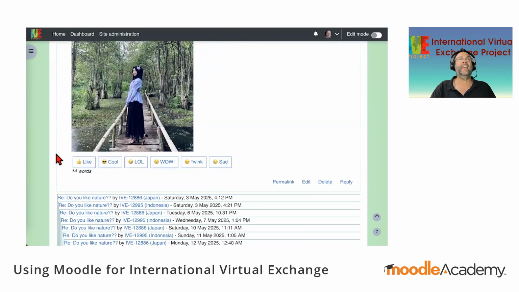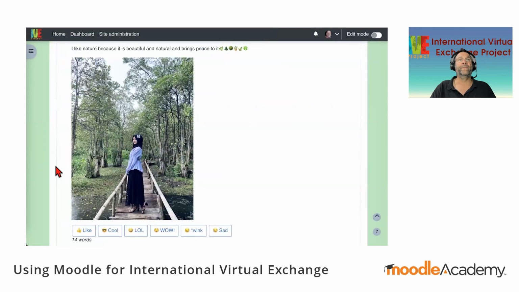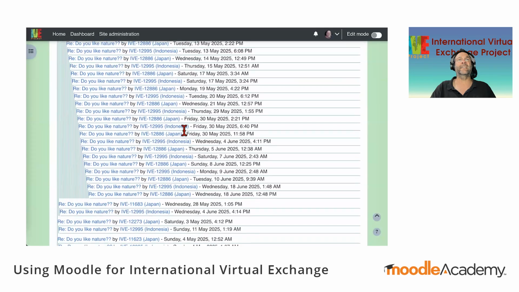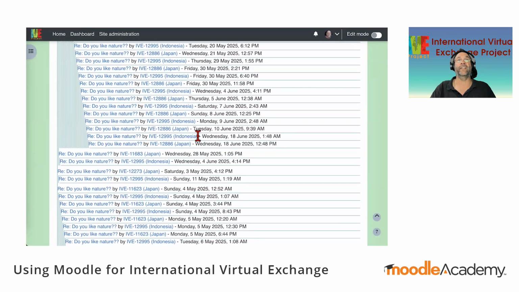And so when we change this to display replies in threaded form, we can see that depth start to emerge. So the Japanese student has replied, another reply, you can see through the dates that this interaction starts to get quite deep. And they are starting to get to know each other.